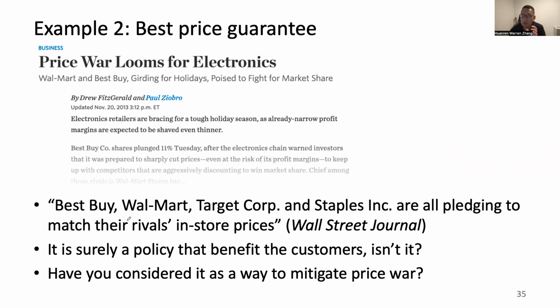Okay, so in the United States, a lot of companies, and actually including in Denmark, including Best Buy, Walmart, Target Group, and the Staples Corporation, are all pledging to match their rivals' in-store prices. You may be thinking that this best price guarantee, or the so-called price match, is a policy that benefits